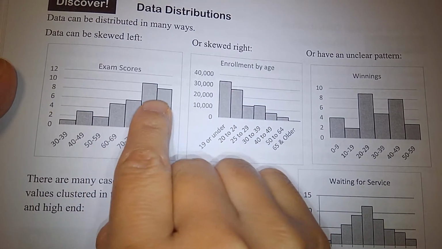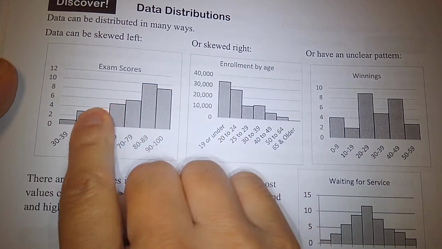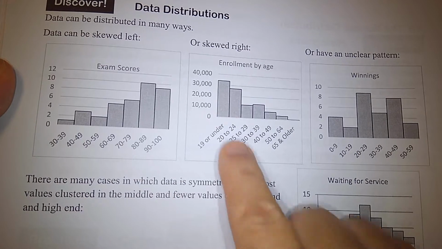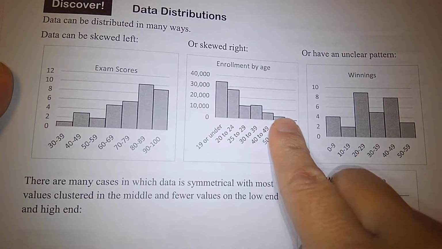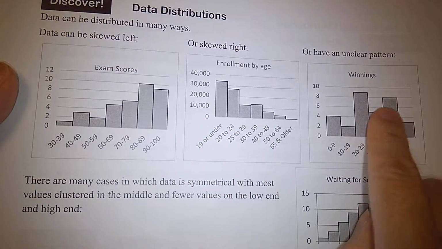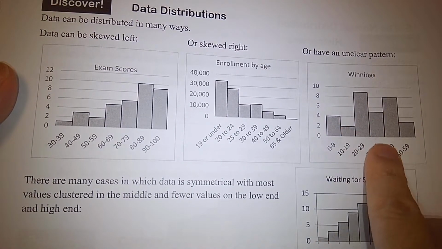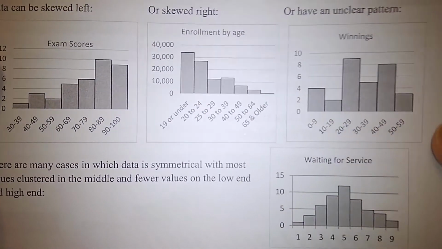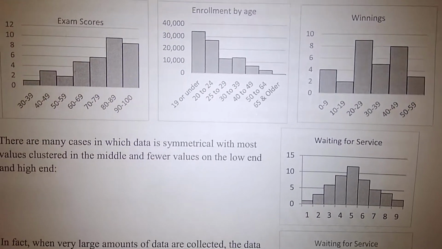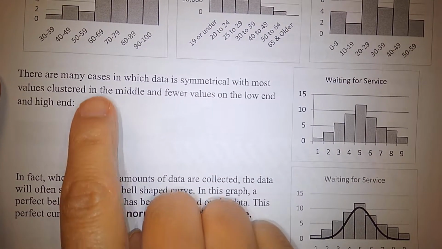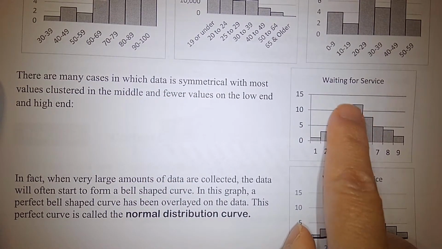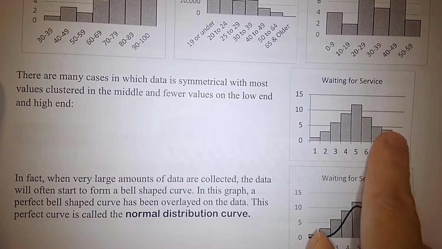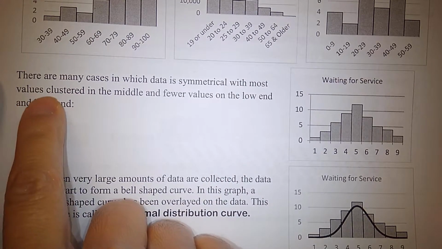Do you still remember the definition for skew left? If the data has a long tail on the left. Sometimes the data is skew right if we have a longer tail on the right. Sometimes it's unclear, we don't know whether it's this or that. But there are many cases that the data is spread out symmetrically,